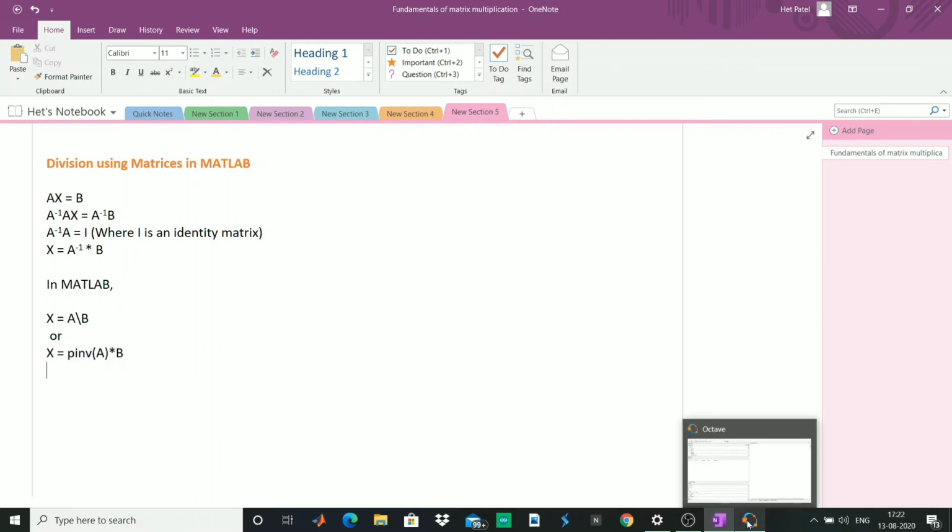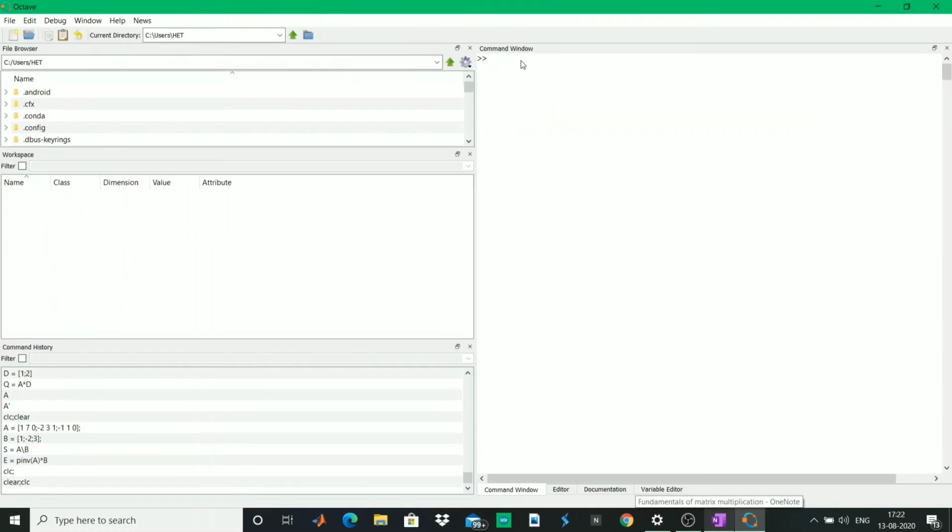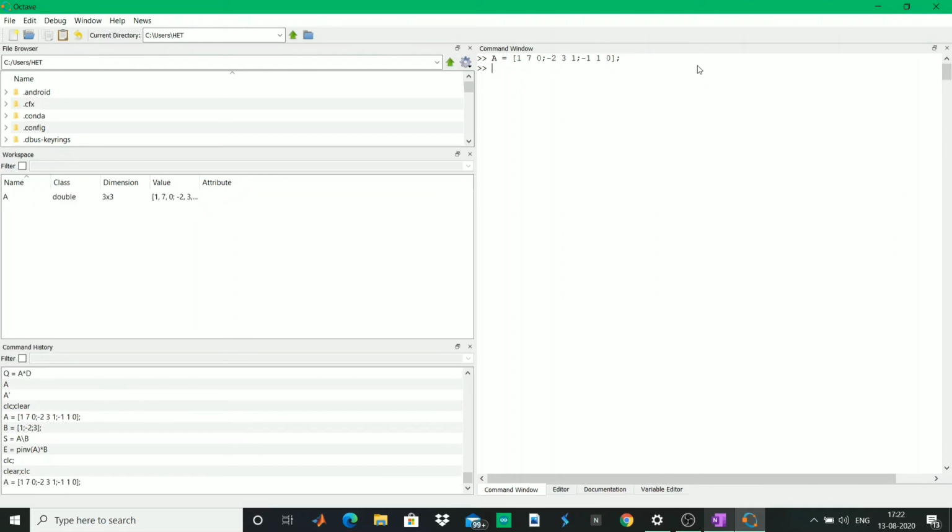So let's get into MATLAB and see how we will be doing this. We already had the A matrix made in MATLAB, so we would have A of this value, and we'll be having B that we already made, and that is equal to this. You can type it on your own in your PC and see. If there's any problem, you can just mail us at the Gmail address I have mentioned in the description below.